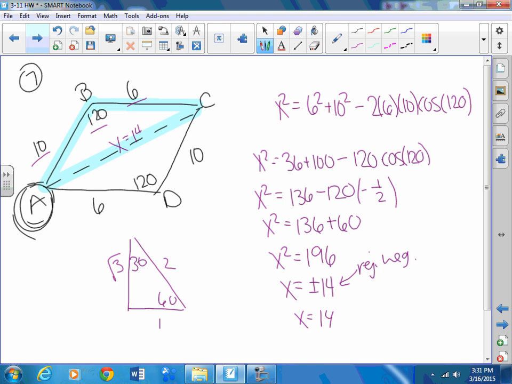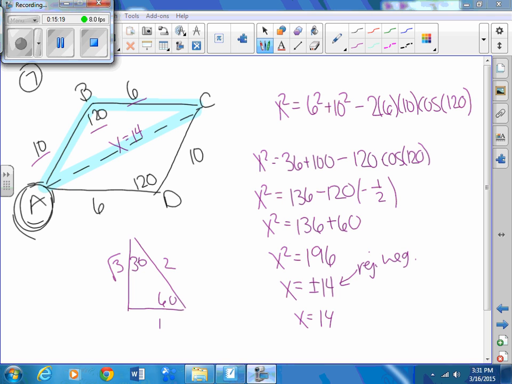So that is how big this diagonal is. And that is it. Boom, baby. We are